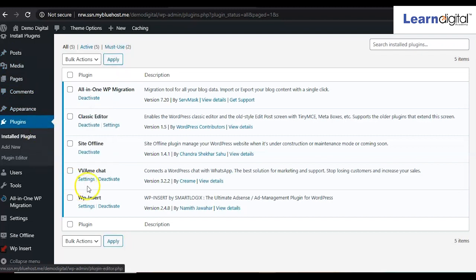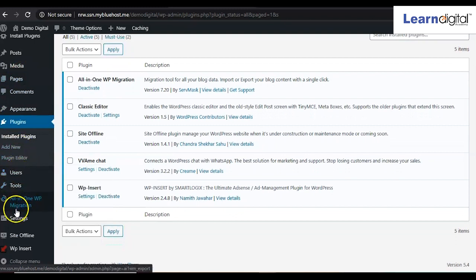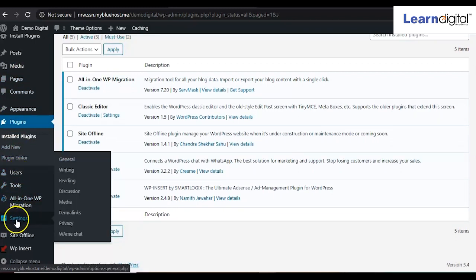So that chat option, we are not able to see here. In that condition you have to check in the settings part as well. In settings, here it is appearing like this, chat, right? Click on that one.